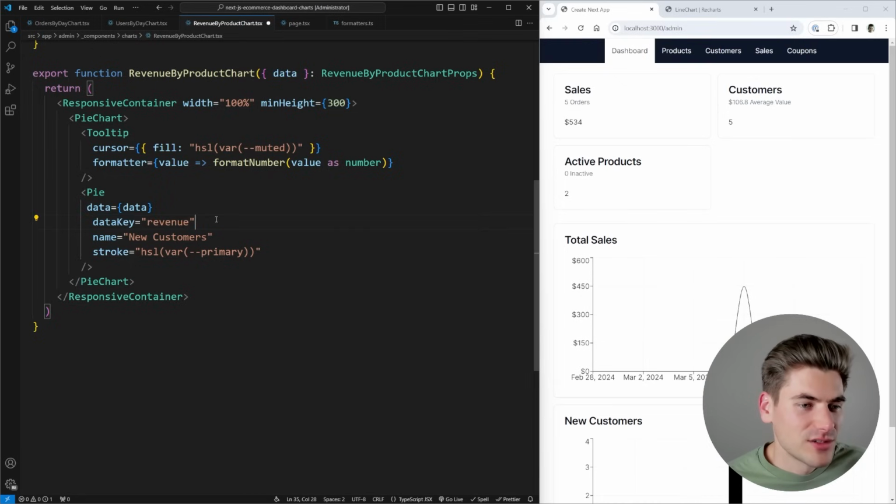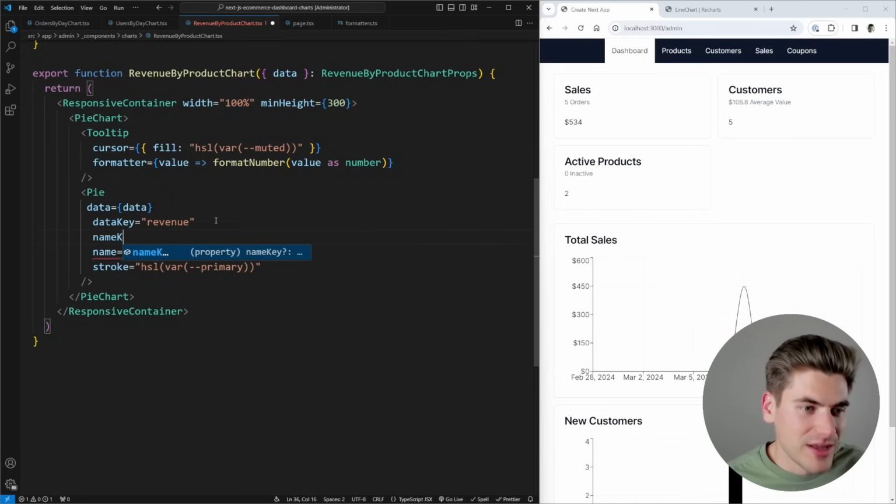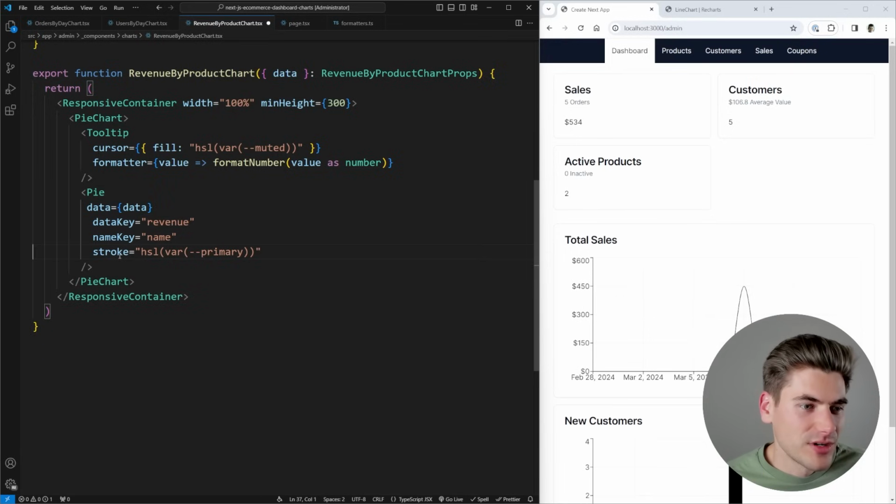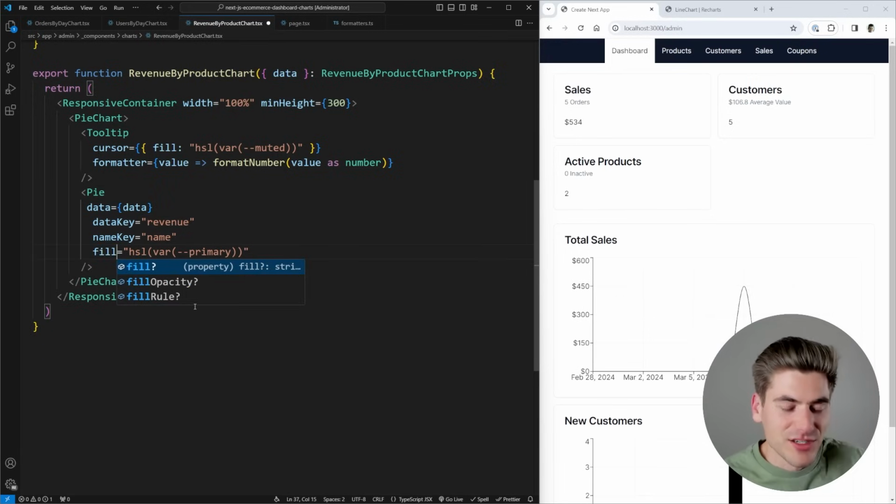So our key here is going to be our revenue. We also need to have a name key, and that's just going to be our name. So this is going to be the name of the thing. This is going to be the value for the specific thing. We don't need to worry about this name here. Instead of a stroke, this is actually going to be a fill,